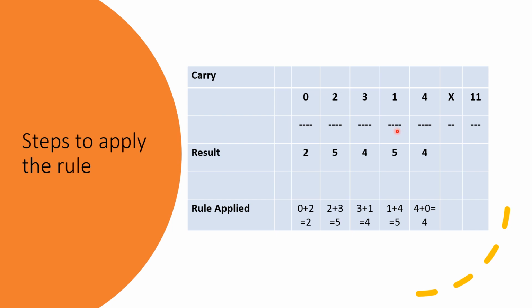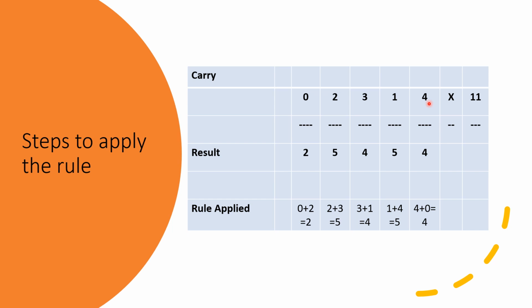Here I'm considering one example, 2314, and this doesn't have any carry forwards while we are applying the rule. As I mentioned, we have to start working from the rightmost digit towards the leftmost digit. So we start from the digit 4. The rule is to add the neighbor. So 4 plus, there is no neighbor for it, so we'll add 0.